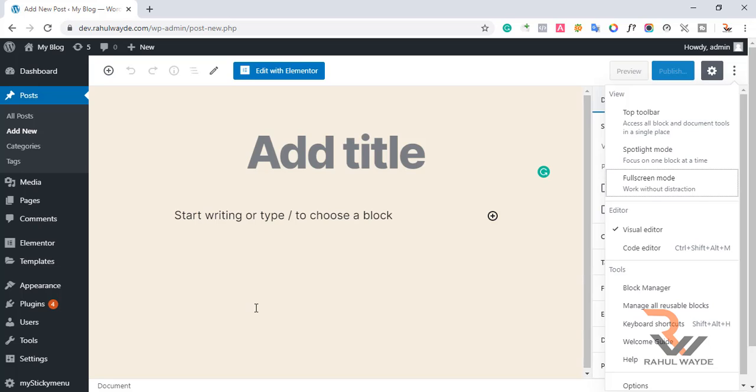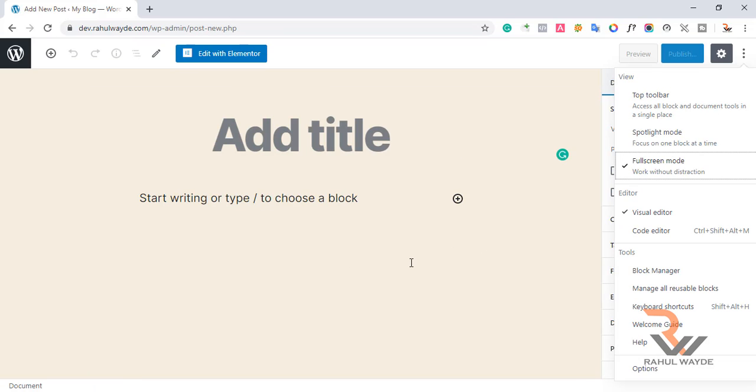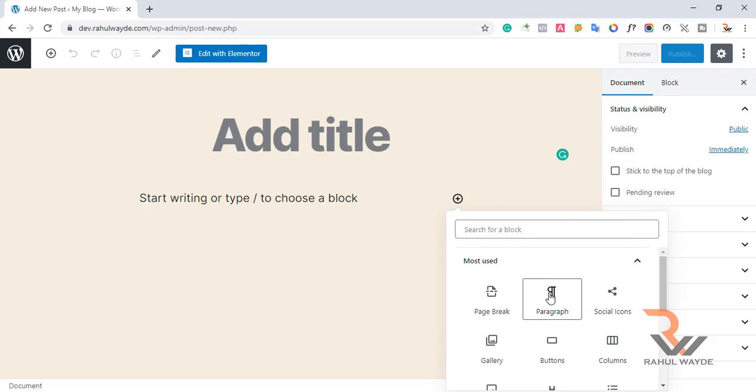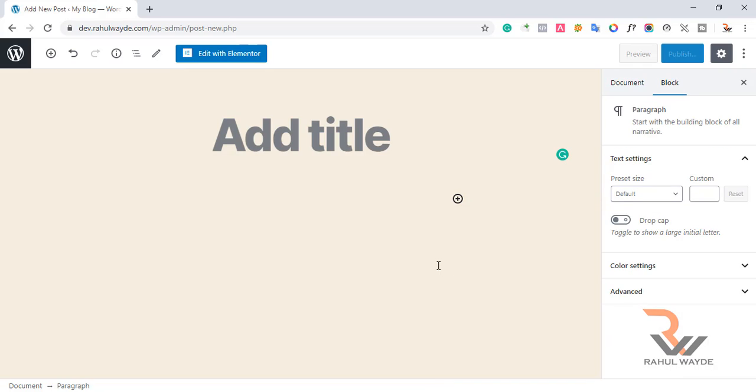So we will again turn on full screen now, and we will see the next changes which are added. So what I will do, I will just add one single block here. I will go for paragraph and I will add some demo text.